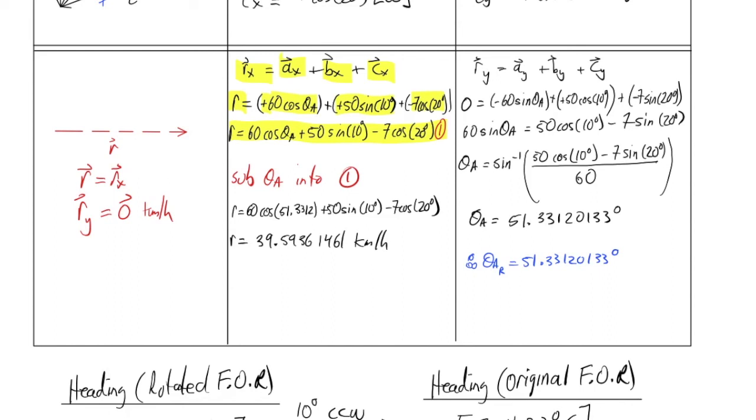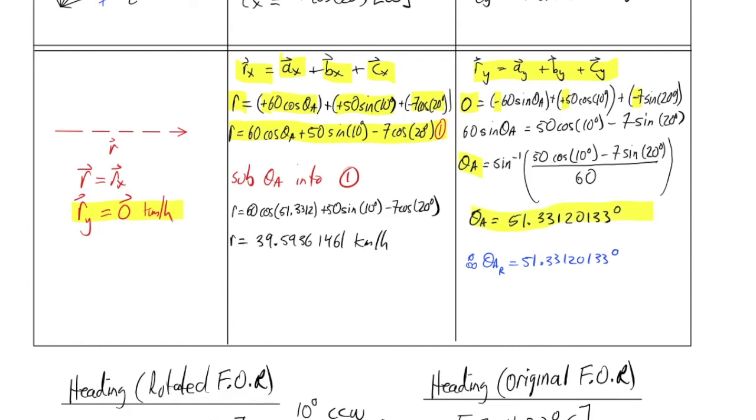Then we look at the y component. So Ry is equal to Ay plus By. The Ry is equal to 0, mercifully, which makes this much easier. Our y component for A is south, so that's why it's negative. Our By is north, which is positive. And our Cy is south, which was negative. And we were able to isolate directly for theta A, and we get a theta A of